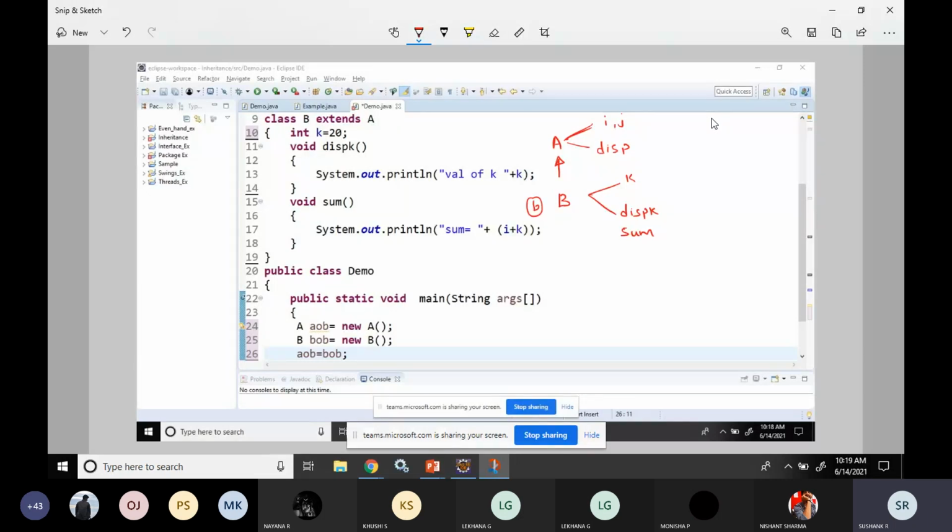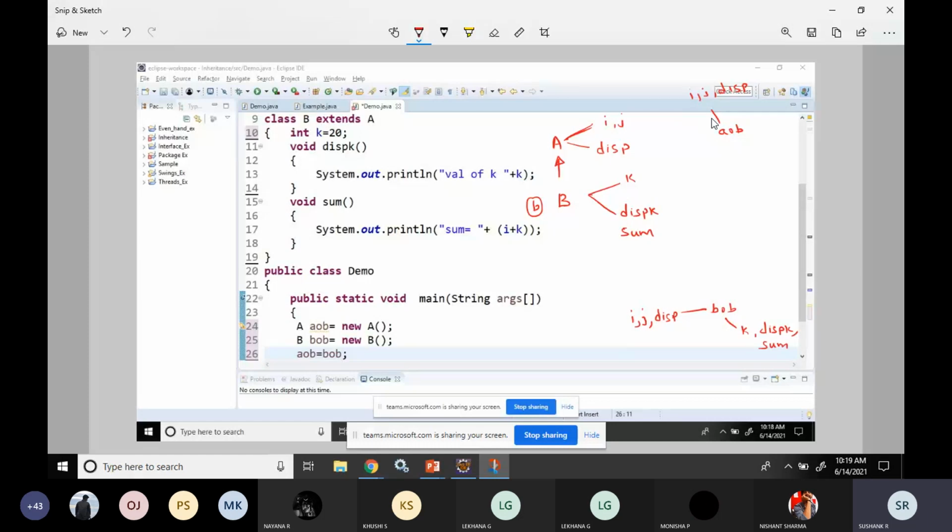After that, I created an object of class A called AOB. This AOB can access i, j, and display. I created one more object called BOB of class B, which can access i, j, display, and its own members k, display k, and sum.